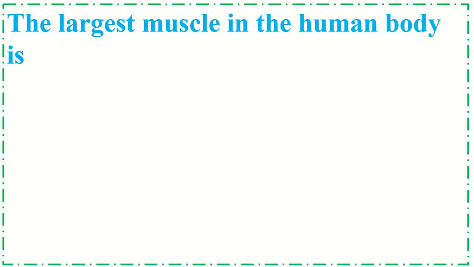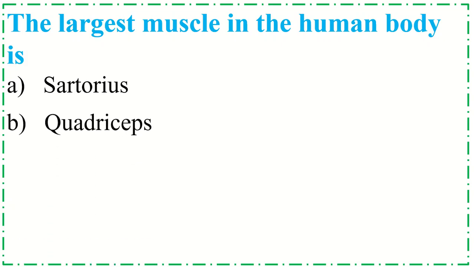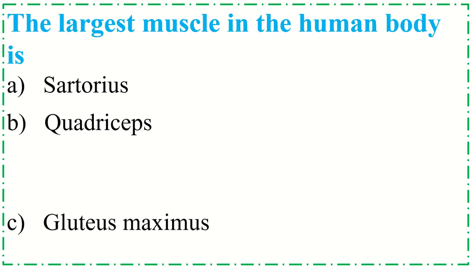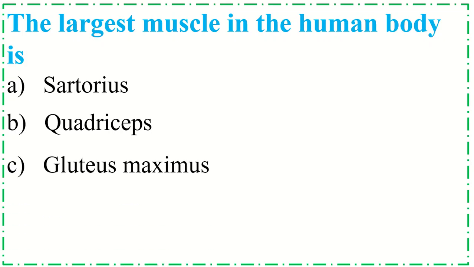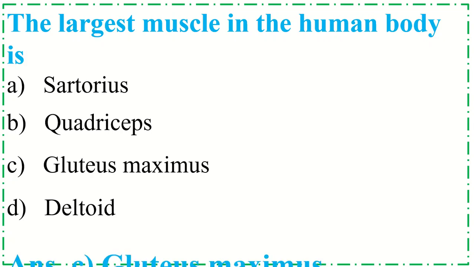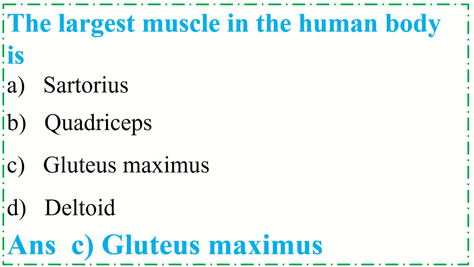The largest muscle in the human body is option A sartorius, B quadriceps, C gluteus maximus, D deltoid. Correct option is C